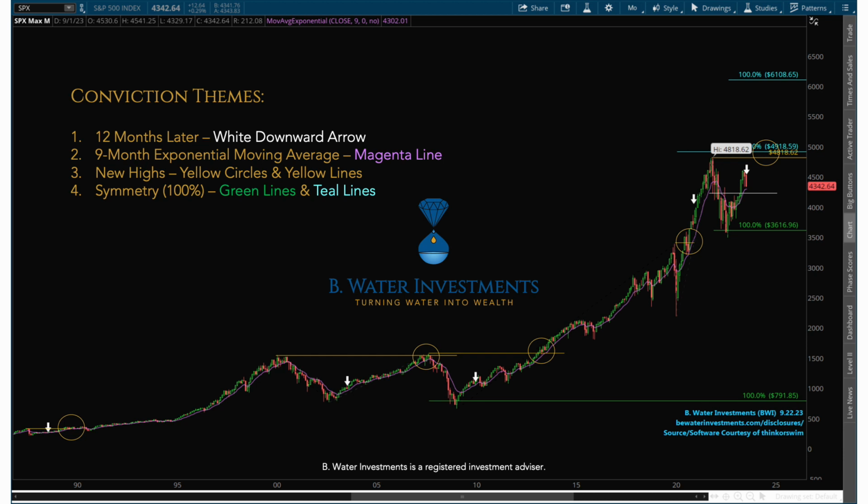Symmetry happens frequently on a daily basis, on a weekly basis, on a monthly basis, and on a yearly basis for the S&P 500. Now we have higher symmetrical targets that we can measure off the lows in October of 2020, and they're demarcated in teal. So I believe, based on this analysis, which is not a guarantee of any future results, that we're more than likely to hit an all-time new high before we ever have to worry about an all-time new low versus the October 2022 lows.